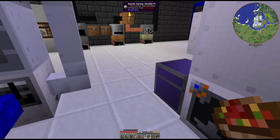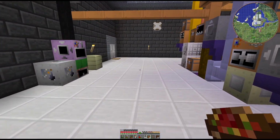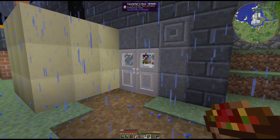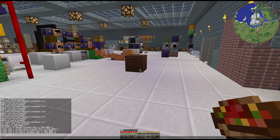Once we get power, we'll get those made, and then once those are done, we will get our gas turbine set up. So that will hopefully be in Monday's video. So I will work on getting the Invar dense plates that we need made. The power will be back up here shortly when the lava gets in. And I will see you guys on Monday, hopefully setting up a gas turbine and some EV power